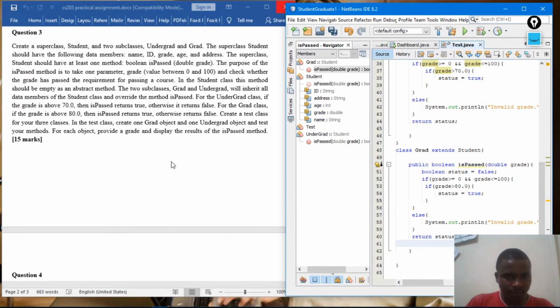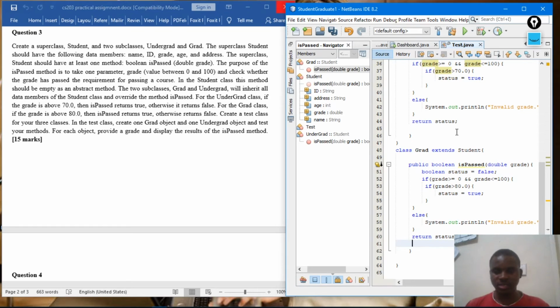Let me see here. So I have to create a test class for your 3 classes in the test. Okay, in the test class, create one grad object and one undergrad object and test your methods. For each object, provide a grade and display the results of the isPassed method. Okay, what are they trying to say? I have to go in my test class and in the main method, and then I'll create an object for each and every class, or for each and every subclass.